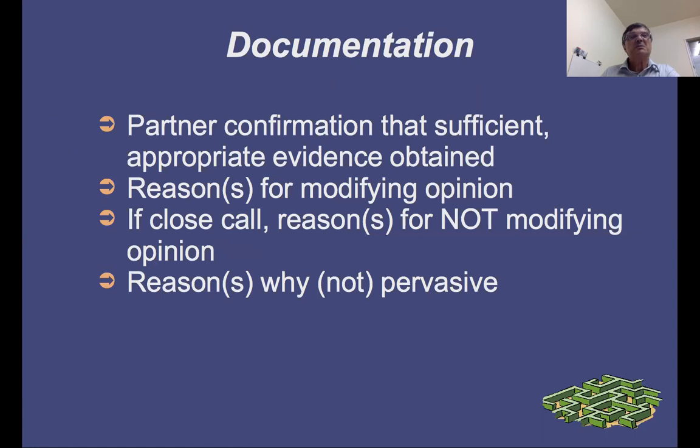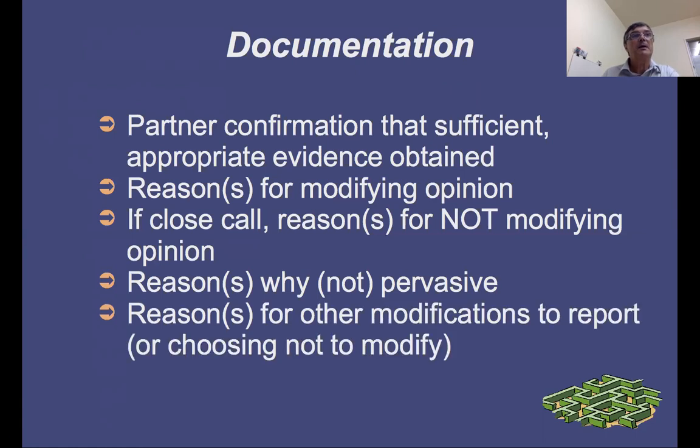And when you're considering, is it material but not pervasive, or is it pervasive? Again, write down your reasons. In that example we had earlier, why you thought 90% of revenue is pervasive or not pervasive, they're both tenable professional judgments, but document how you came to it. And again, any other modifications to your report, document the reasons why, or why you chose not to modify. I know it's at the end, we're under time pressure, we want to get the job finished,